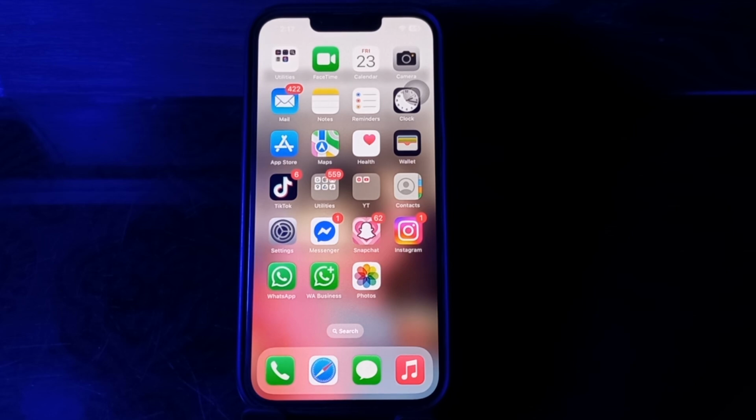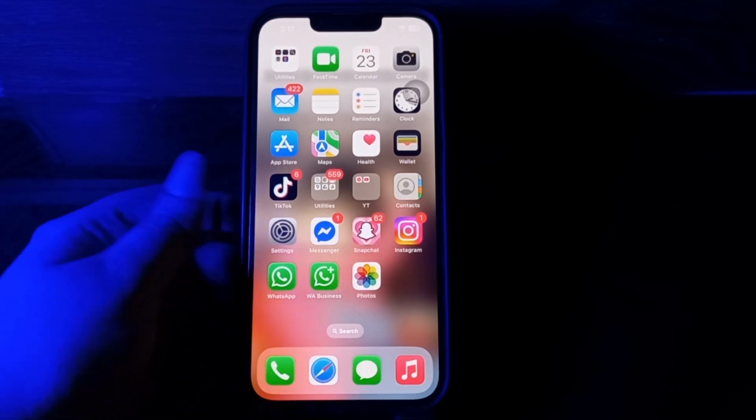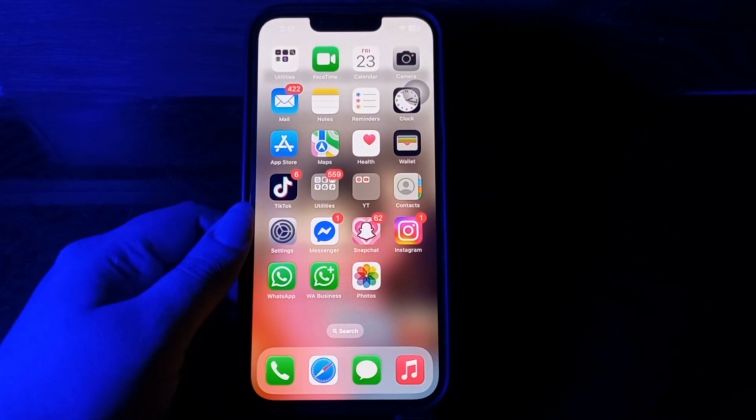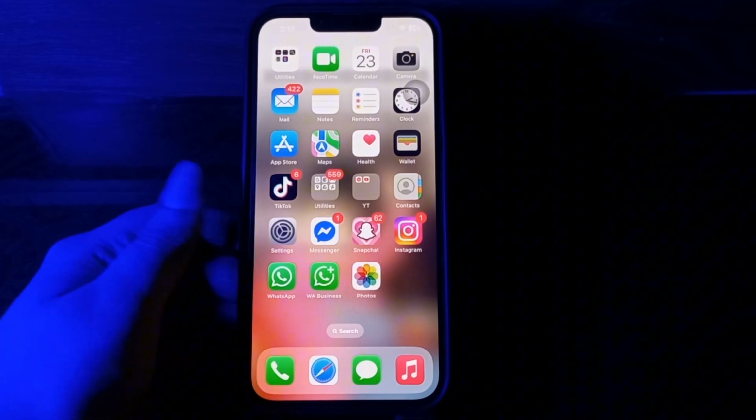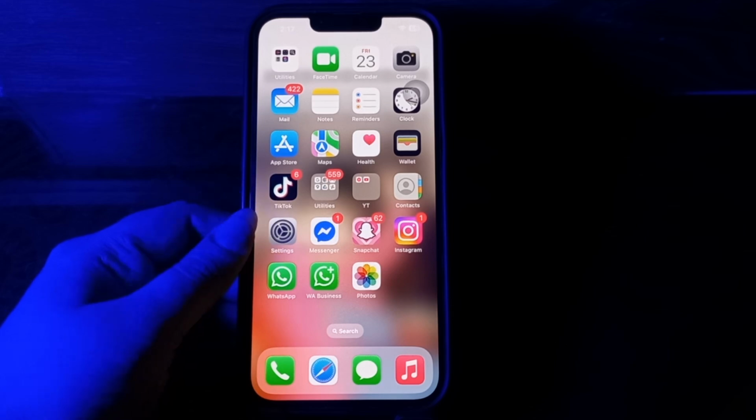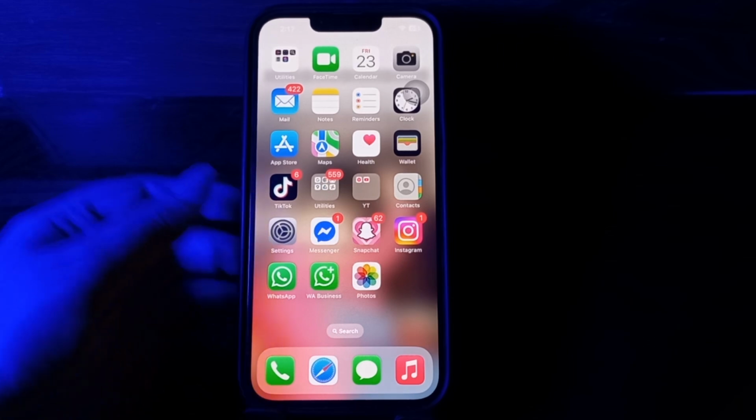And the next step is use app folders to hide an app on your iPhone. If you are looking for a way to reduce clutter on your home screen, creating app folders is a great way to do this. However, if your purpose is to hide multiple apps, I recommend using the hide a page of apps method. But for this, navigate to a home screen page with a folder that already exists on your iPhone, or create a new app folder and drag the app into the folder of your choice.